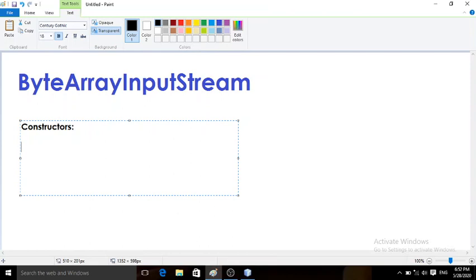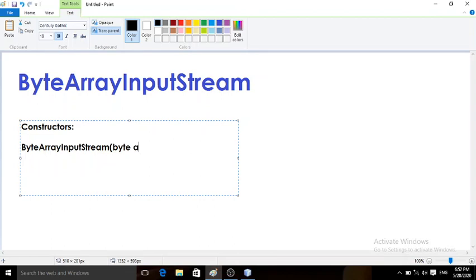As this is a built-in class, it has constructors. There are two constructors for this class. One is ByteArrayInputStream with the argument byte array.